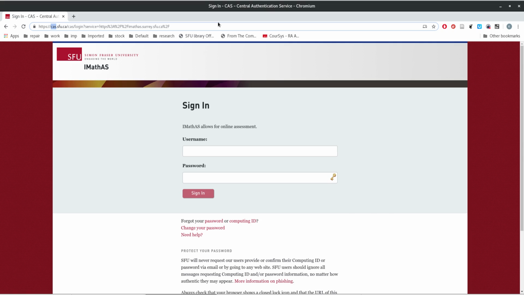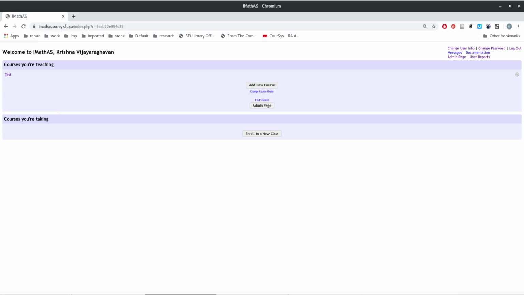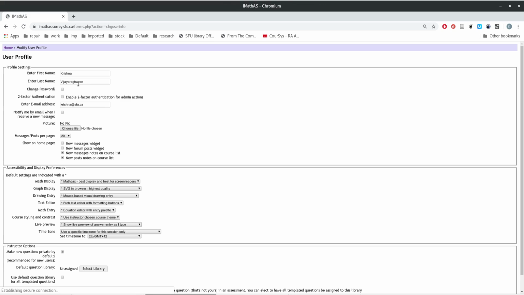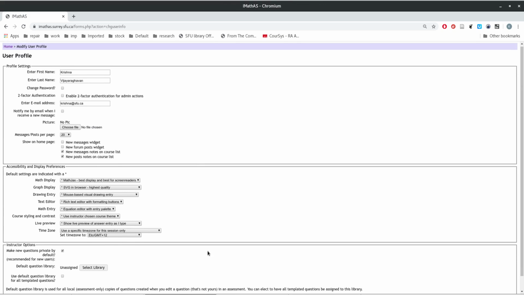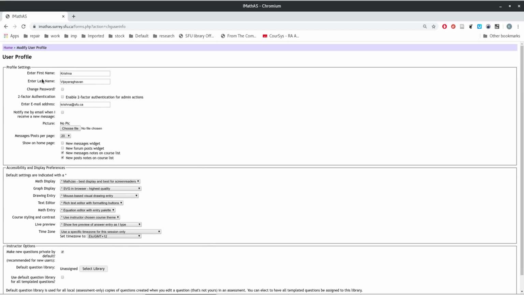Once you enter your username and password, it'll redirect you to the SFU webpage. Before you see the screen, you might see a small message which says using CAS. That is just telling you that you're using the centralized authentication system to set everything up. Here, I've actually entered my username, so it calls me by my name. Yours might be blank initially. What you can do if you want is go to change user information, and then you might be able to enter all of the details, like your username, password, and change password and all of the other stuff.